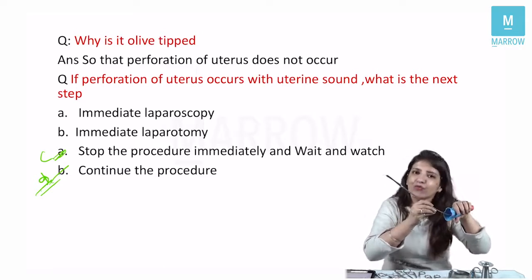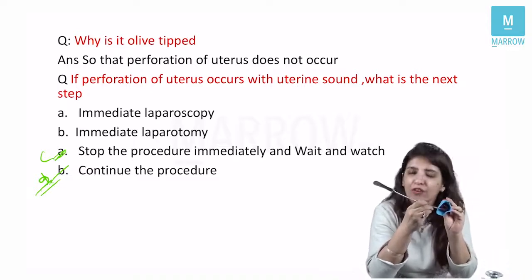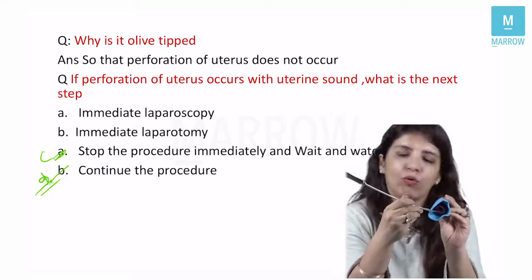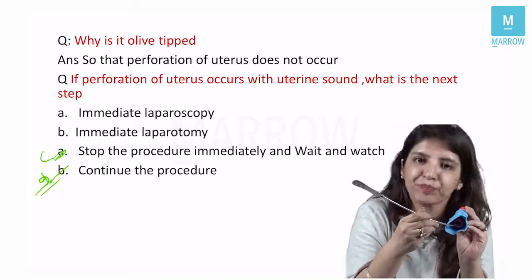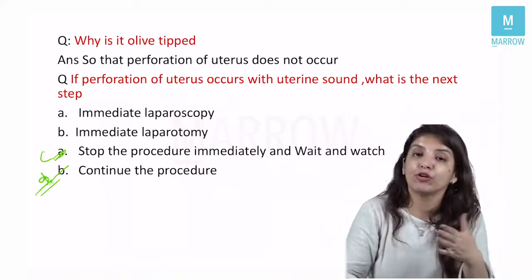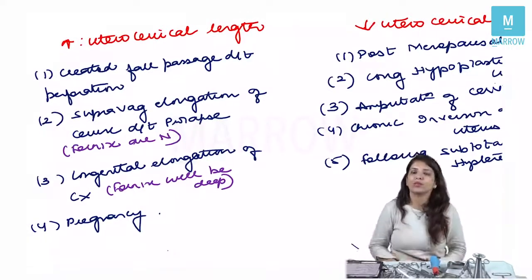So it acts as a first dilator also, this uterine sound. And if perforation happens with this, nothing to worry, just wait and watch the vitals of the patient, right? Now, next question which the examiner might ask you is, what are the conditions in which the uterocervical length is